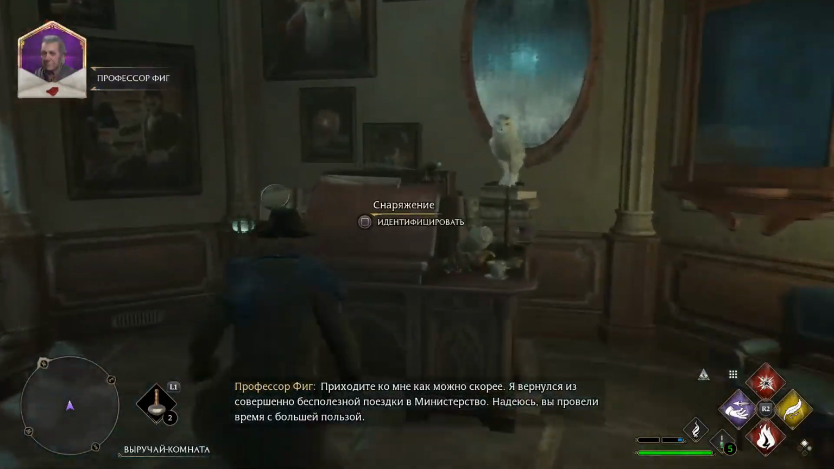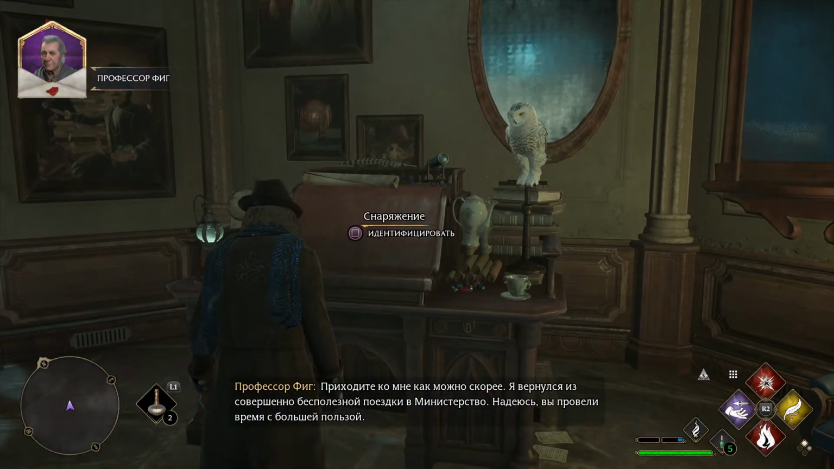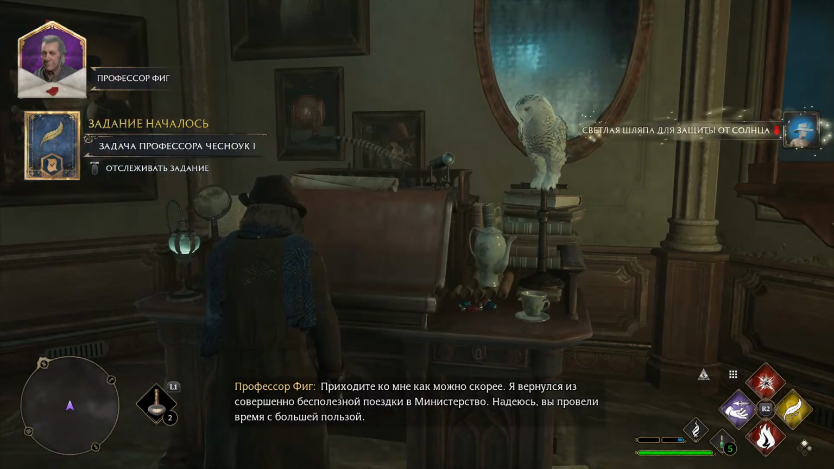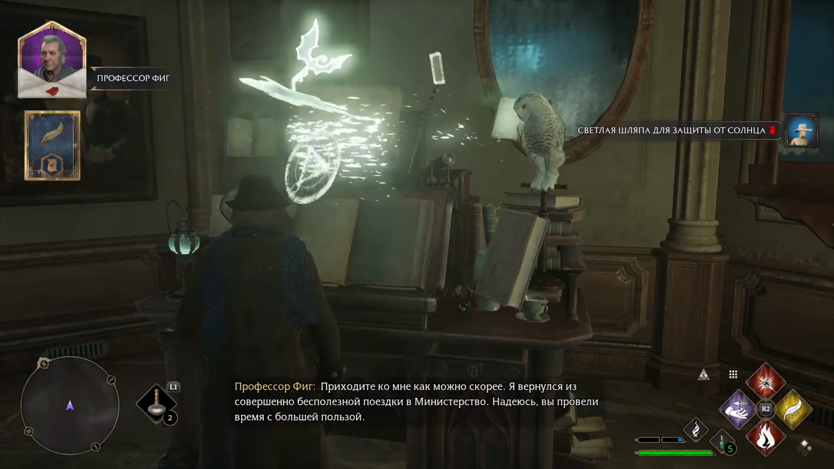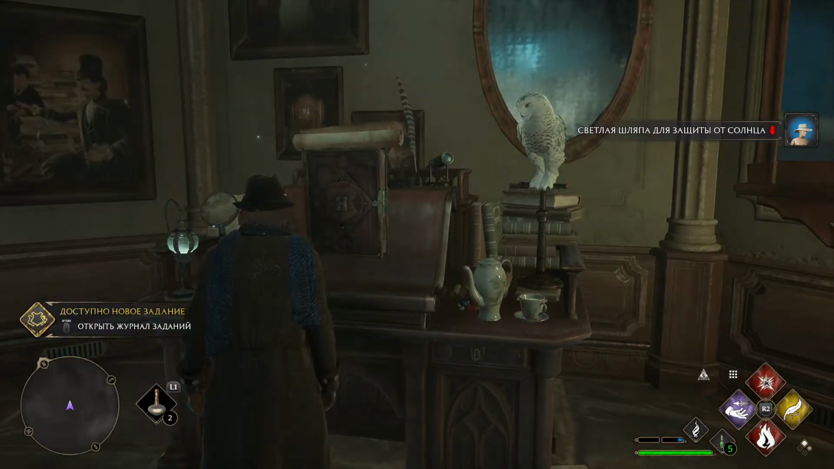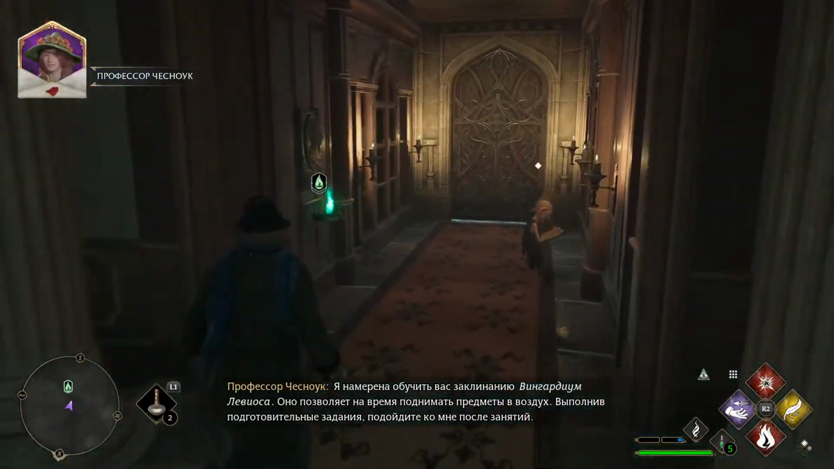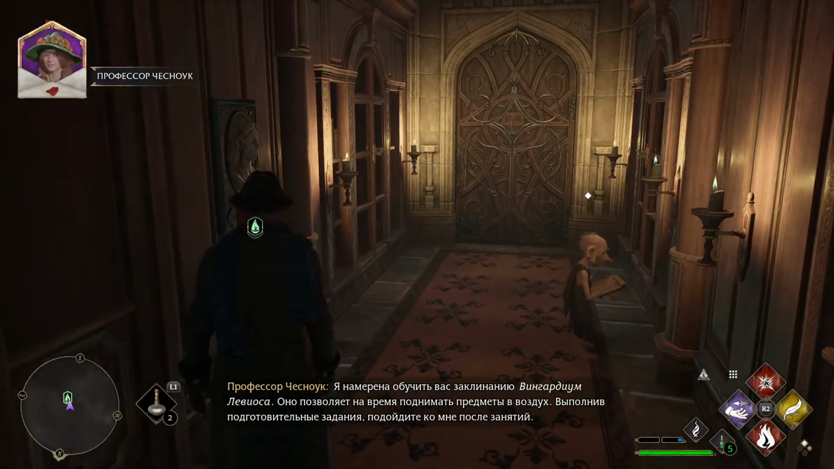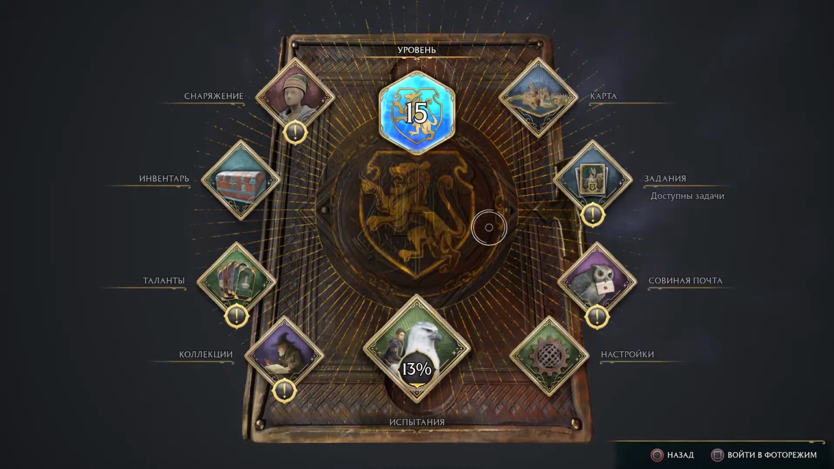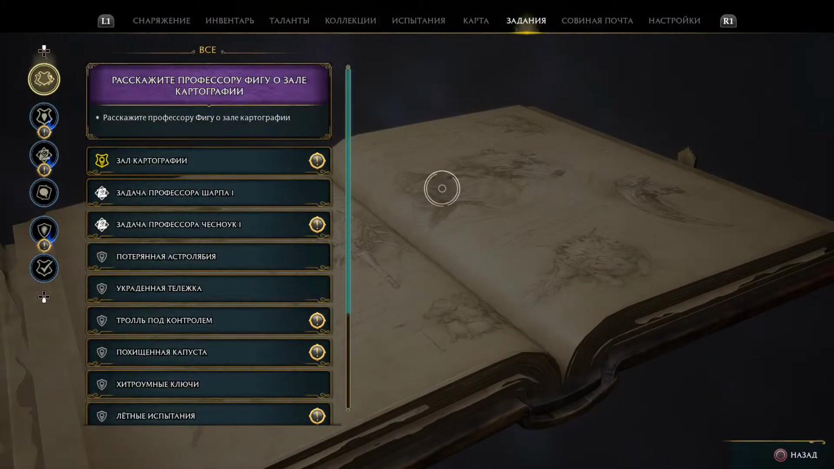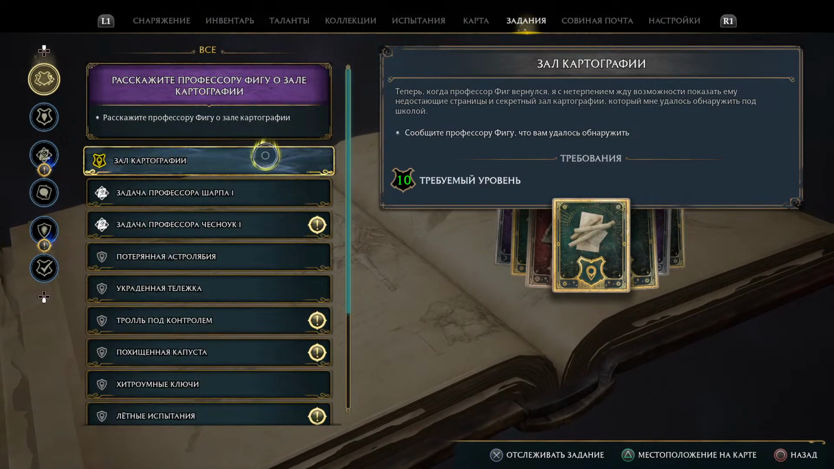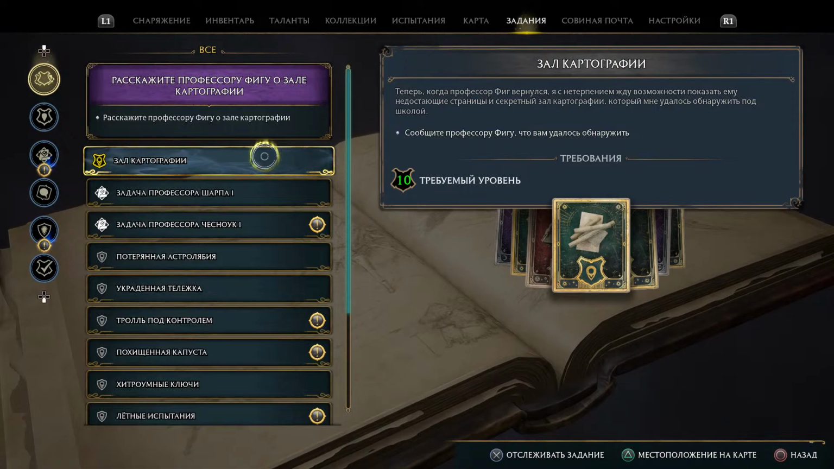Come and see me as soon as you can. I've returned from a rather unproductive trip to the Ministry, hoping your time has been more fruitful than mine. This will be more useful when I have something to identify. Wingardium Leviosa. It can be used to levitate objects for a short time. Once you've completed a few prerequisites,